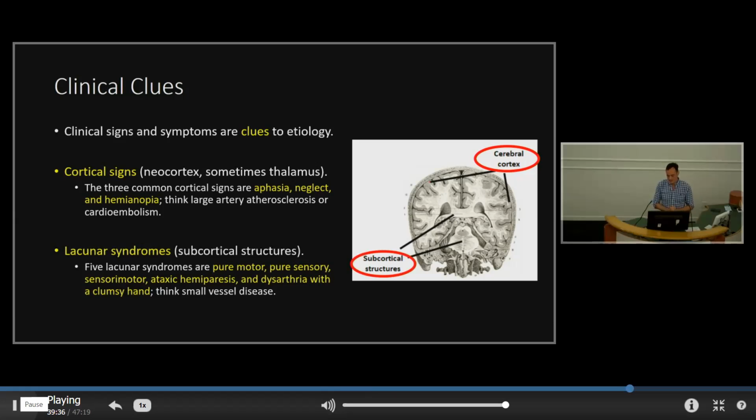And I guess just throwing some numbers at you, roughly in New Zealand, about 25% of New Zealanders over the age of 50 would have small vessel disease as the source. Probably 10 to 20% would be atherosclerosis, about 40% or so AF, and then the rest would be cryptogenic, unknown. Those are the older population, over 50.